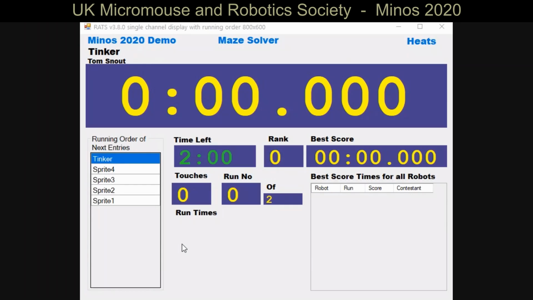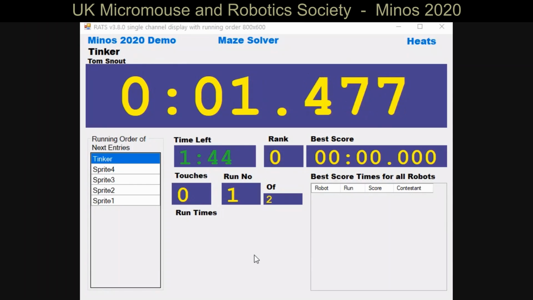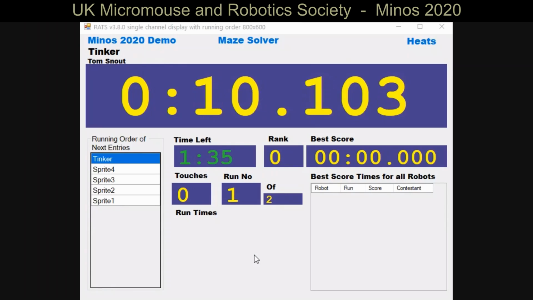So I'm just going to put a mouse in the start cell, and as soon as we've put a mouse in the start cell, we've started the time left ticking away. So your course time has started now. You've put your mouse in there. If we start the mouse, then as you'd expect, just the main display ticking away there, quite big, and then we can finish the mouse run,